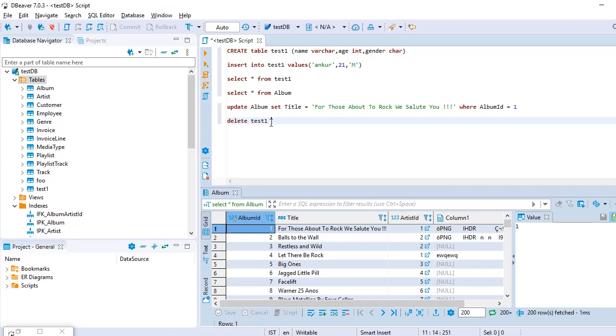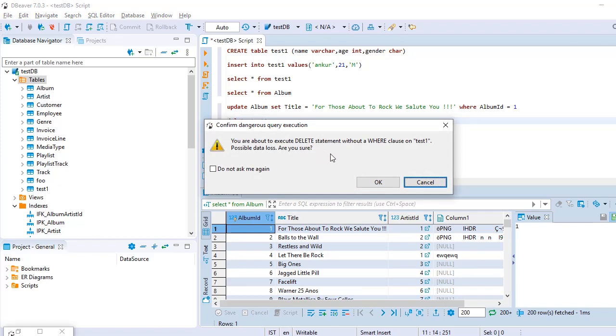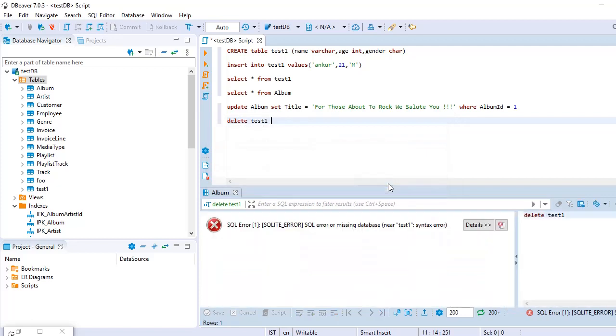But in test1 we just have one row, so we can use this as well. If I execute this query, it gives me a warning that if I execute the delete statement without a where clause, it might cause data loss. We just have one row, so I say okay, you can delete that.